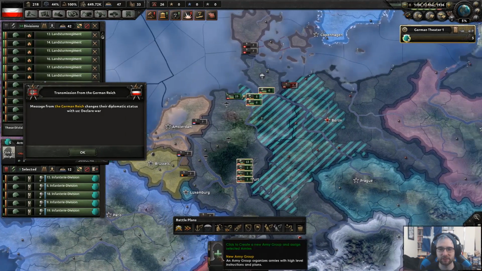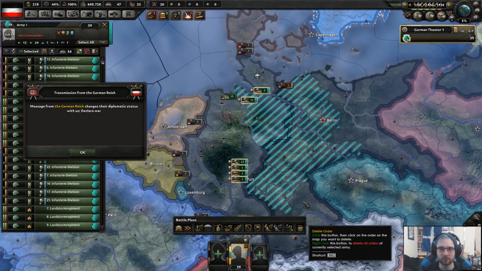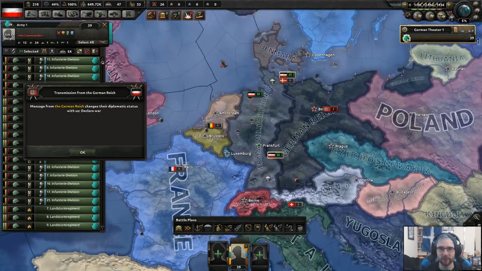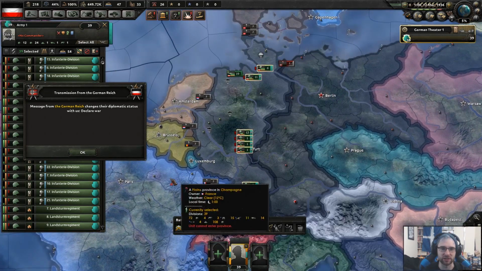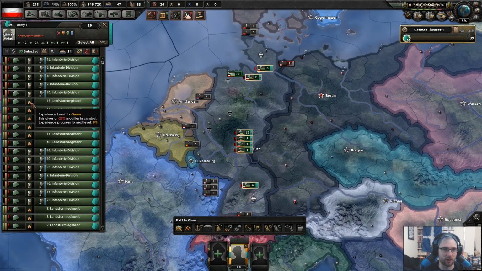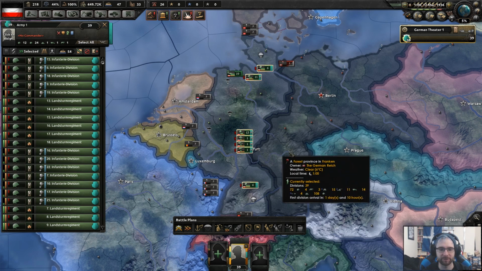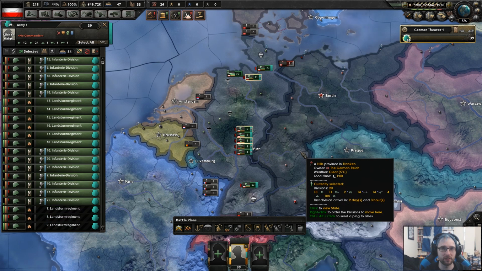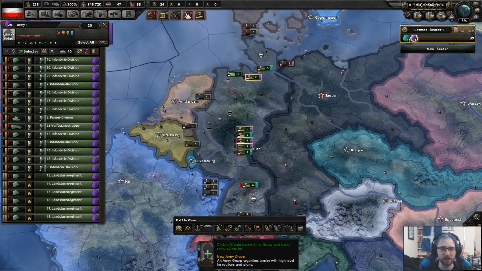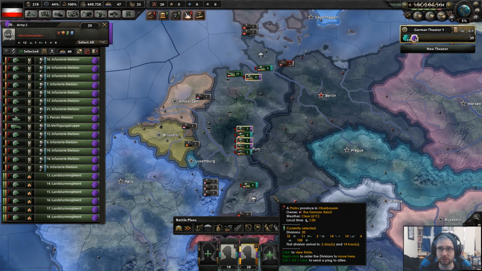Which brings us... Ooh, 39 units. Not bad. To one of the bigger changes. Yeah, you are green, which is army groups. So, I'm going to go over this in a second because I believe I have some food that I need to get. There we go. Right, so